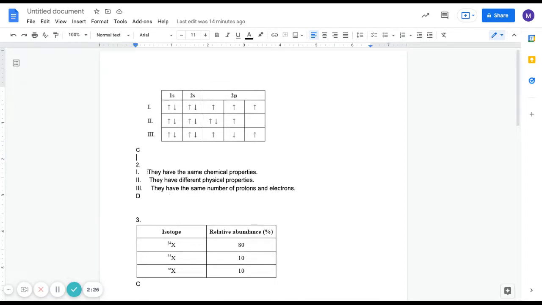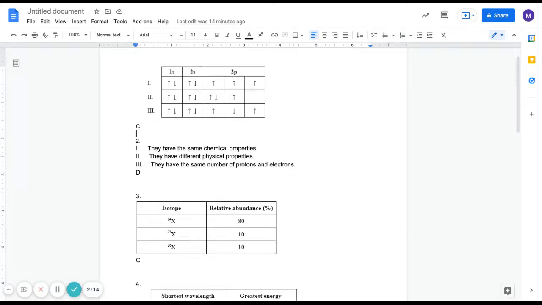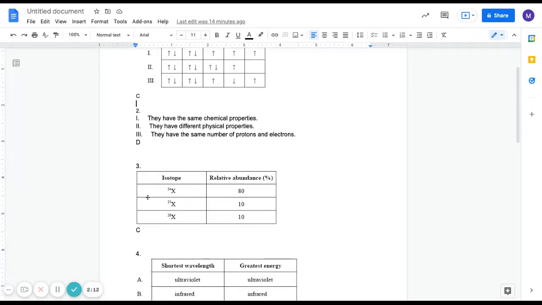So the answer to number 2 is 1, 2, and 3, because 1, 2, and 3 are all statements about the isotopes of an element. Then in question number 3,